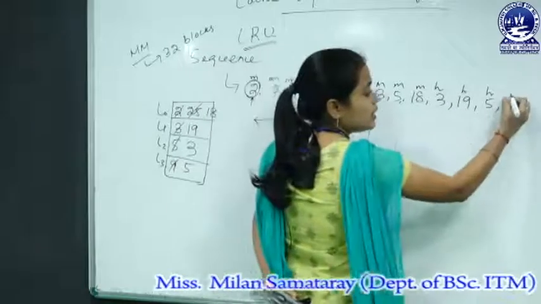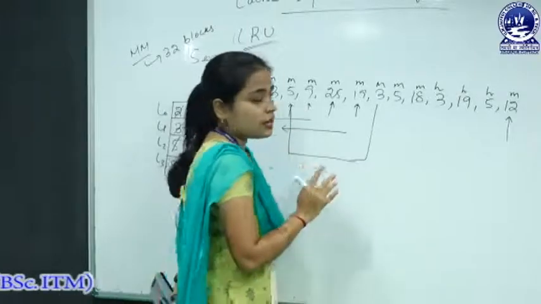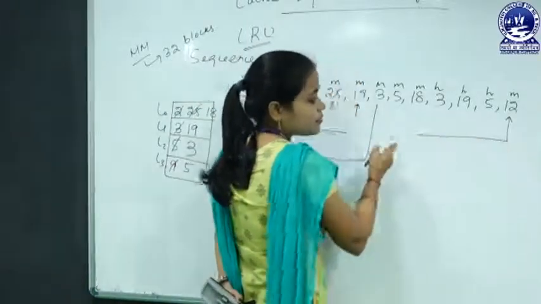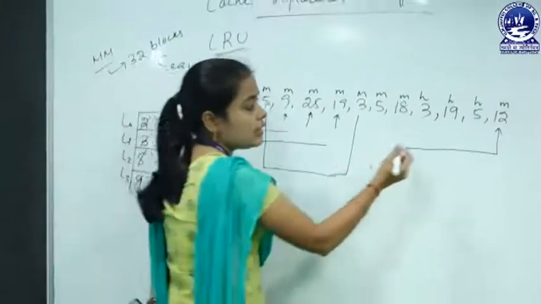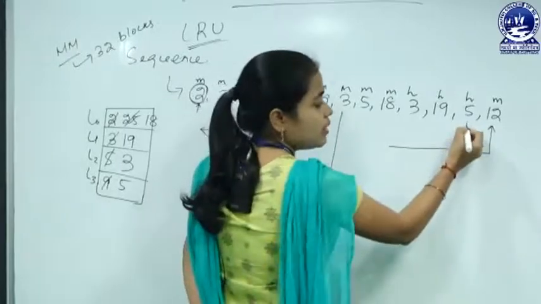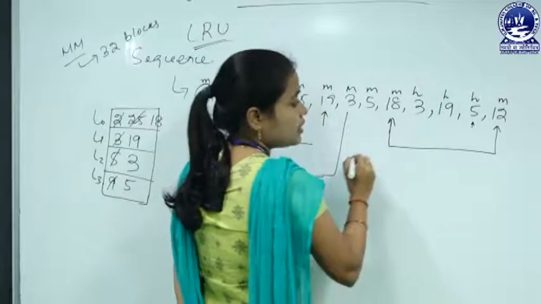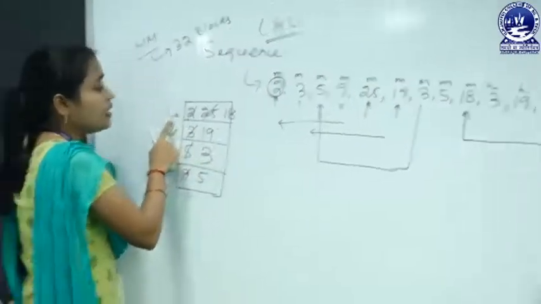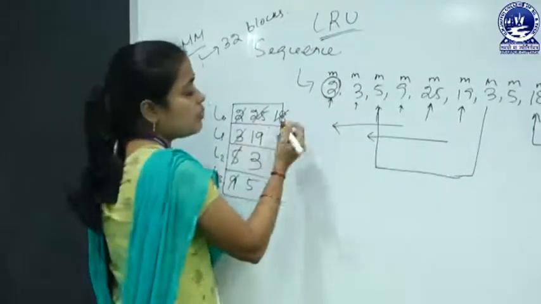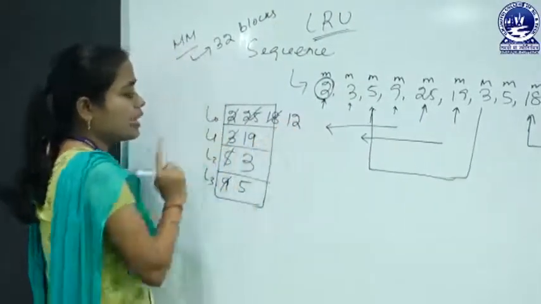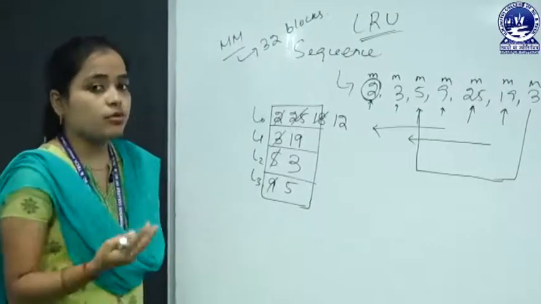Okay. So here is the request, and it is 1 miss. When a cache miss occurs, we have to use the replacement algorithm. So go back and see which block is not used recently. Most recently used is our 5 and least recently used is our 18. So 18 is stored in line 0. So you have to replace this block 18 and place block 12 in line 0. So this is the concept of least recently used.